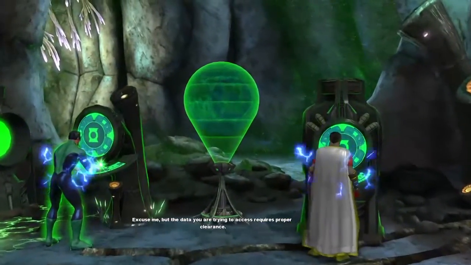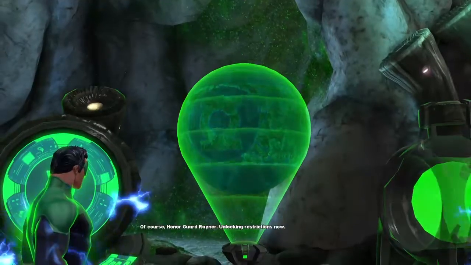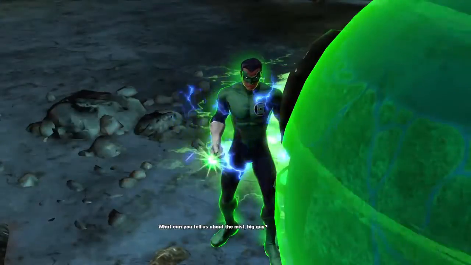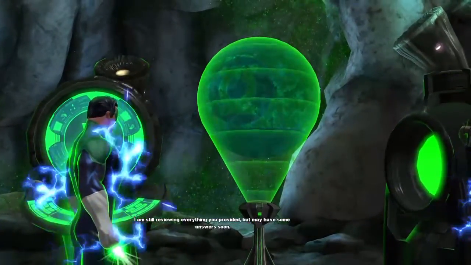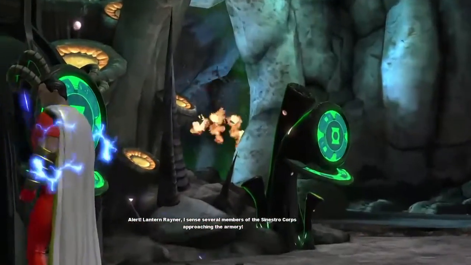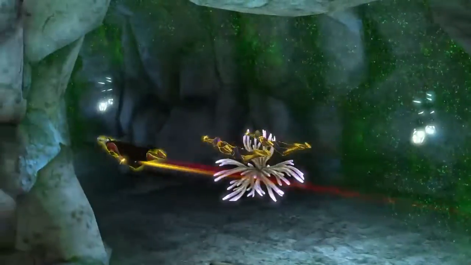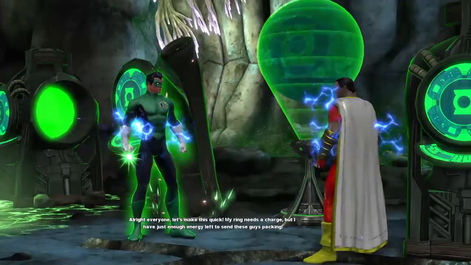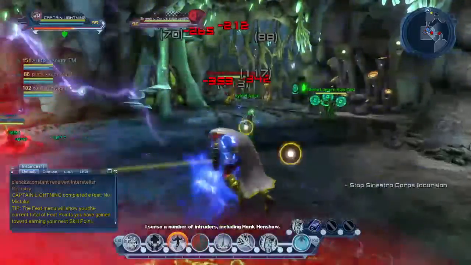Excuse me, but the data you are trying to access requires proper clearance. They can use my clearance. Of course, Honor Guard Raven. Unlocking restrictions. What can you tell us about the mist, big guy? I am still reviewing everything you provided, but may have some answers soon. Not to rush you, but we're kind of in... Alert. Lantern Ranger. And several members of the Sinestro group approaching the armory. All right, everyone, let's make this quick. My ring needs a charge, but I have just enough energy left to send these guys packing. Mogo, what kind of invasion are we talking about here? I sense a